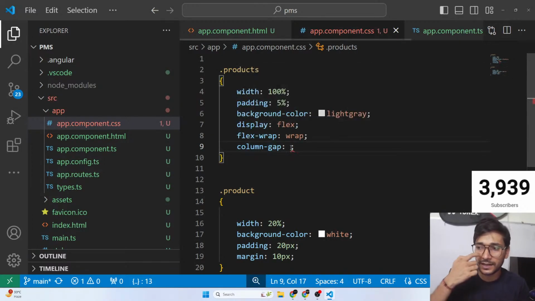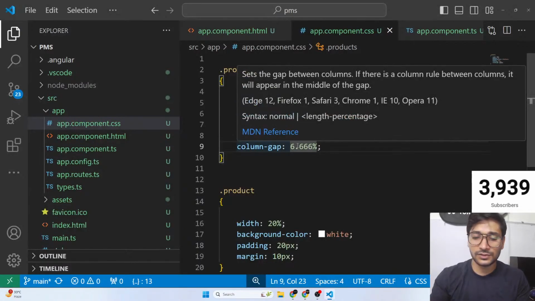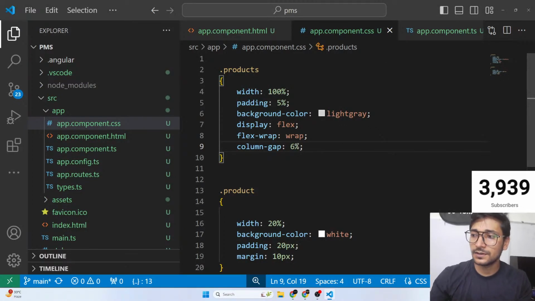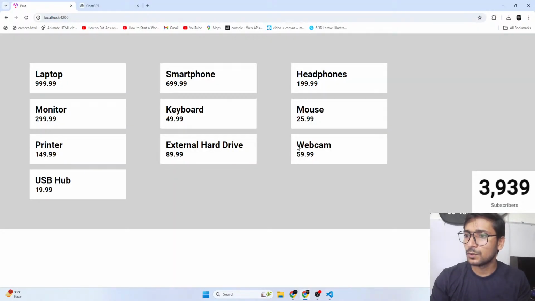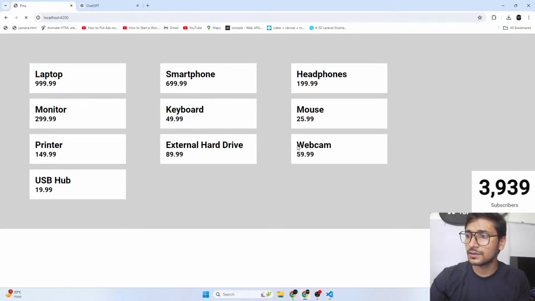Okay, let's try, guys. What's 20 divided by 3? Just tell me a little bit quickly. I think it's something like 6.66 percent. Let's see. It's still that much. So let's give it 6%. Hmm. Where am I getting it wrong in the calculation?